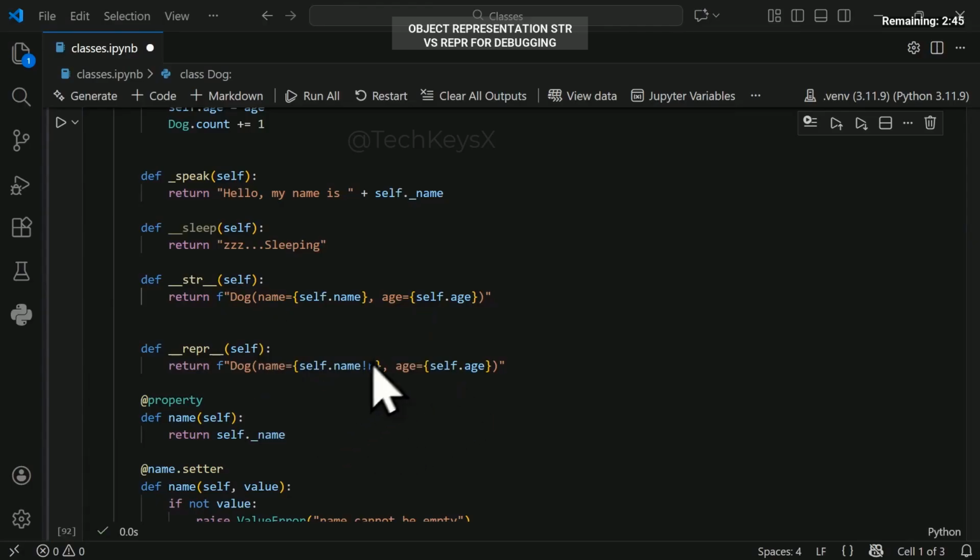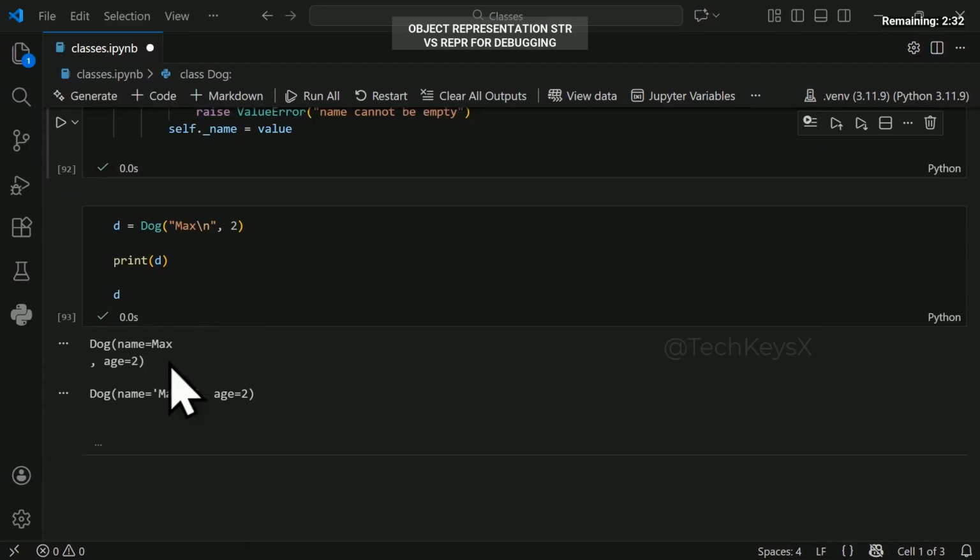One thing that you may notice is I have used exclamation mark R here, and I have not used it over here for the name. Let's see what the impact of this exclamation mark R is versus not having it. So here is the output. With the exclamation mark, you can see when I create the dog object, I have added in a new line